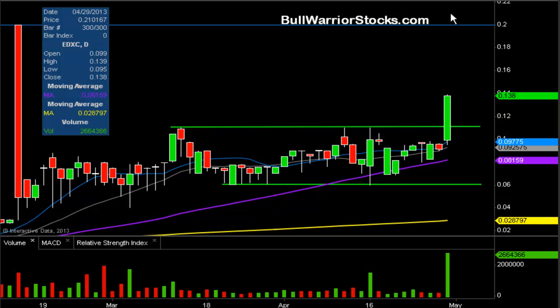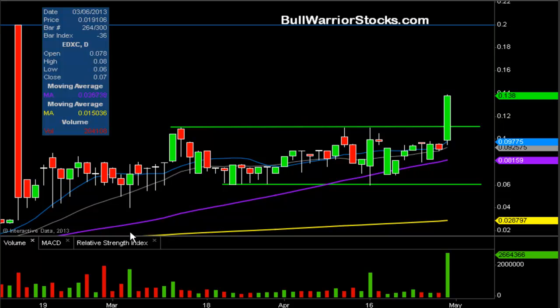So it's one of those things where I'm sure it'll be setting off more scanners and radars as people like to see these sort of breakout plays. So as far as resistances go, you'll just kind of have to use your gut instincts for now, and we'll see where that takes you. But nice to see that this chart has been able to put in a new high, close at a new high, and most importantly,